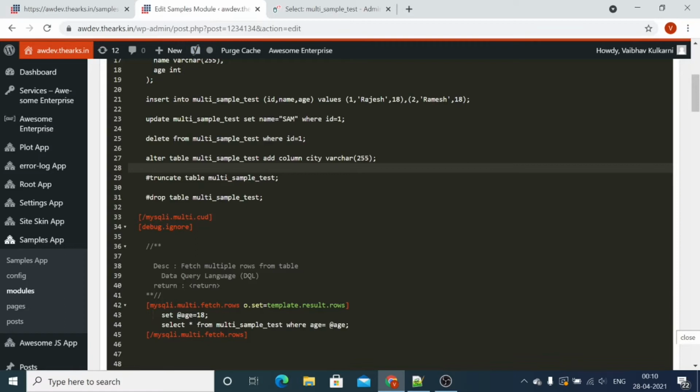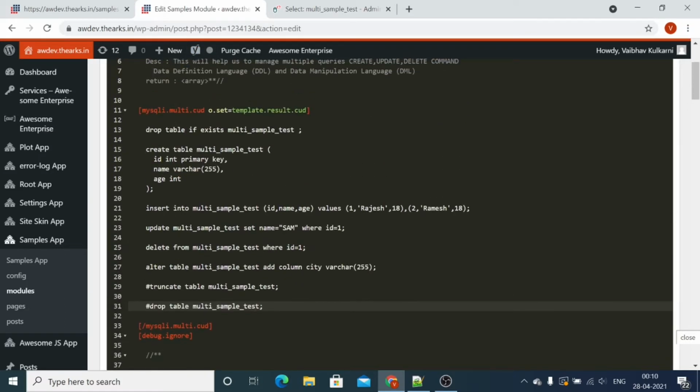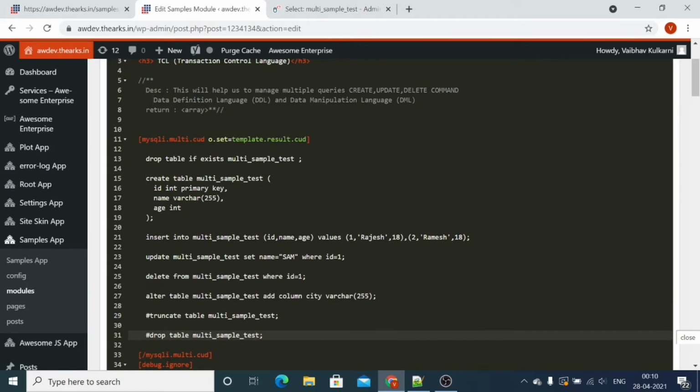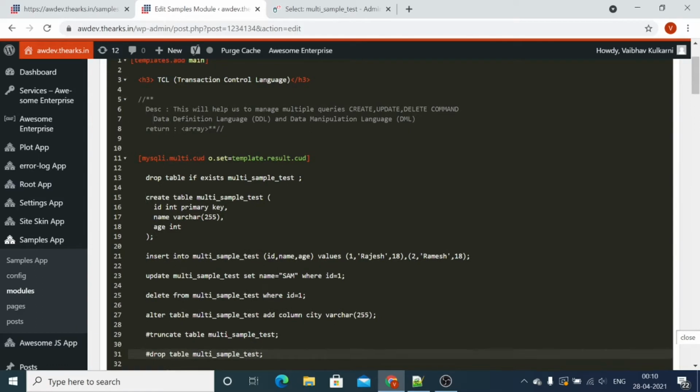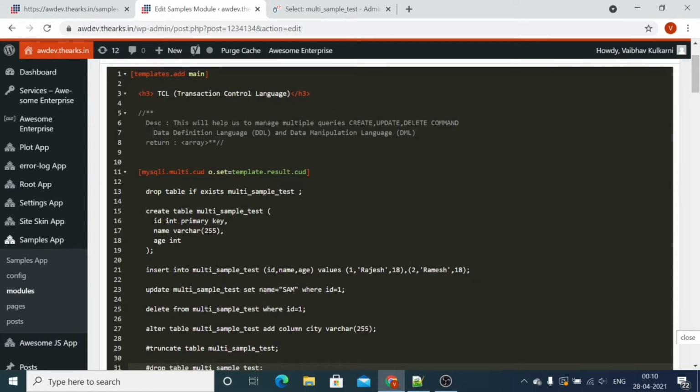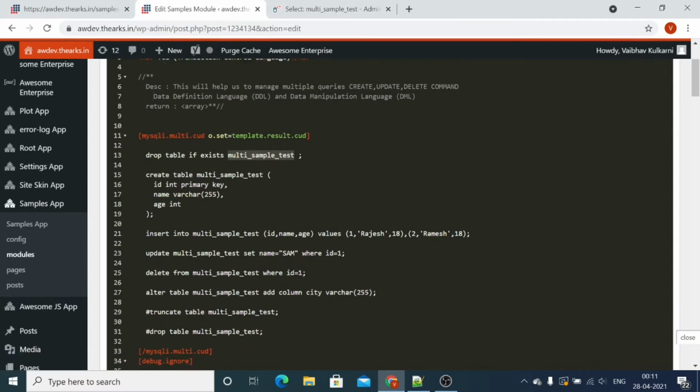Now I have created an example of executing multiple queries. We are dropping the table if it exists. So we have a few queries that we need to execute at once, and for that we are using mysqli.multi.cert.